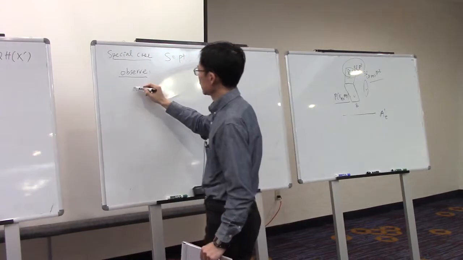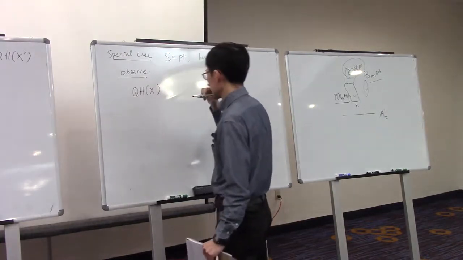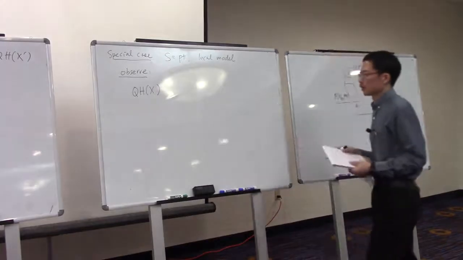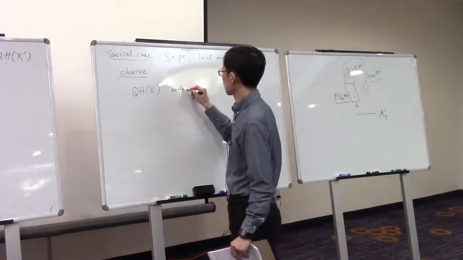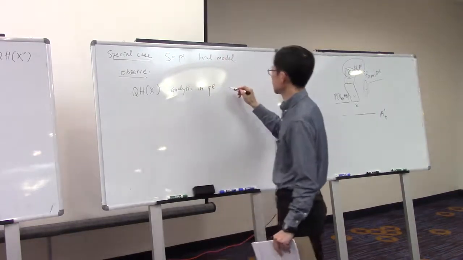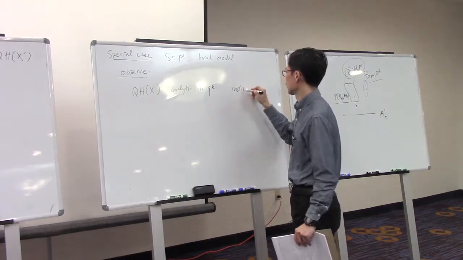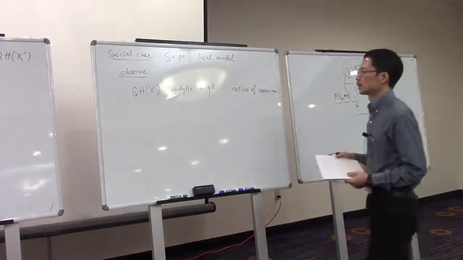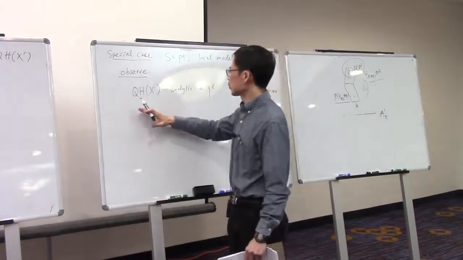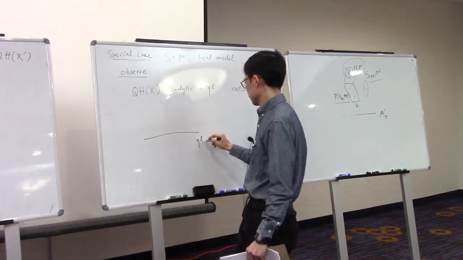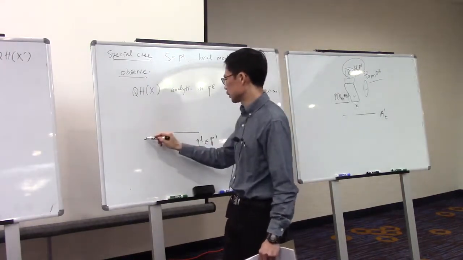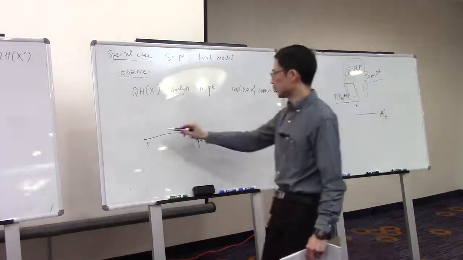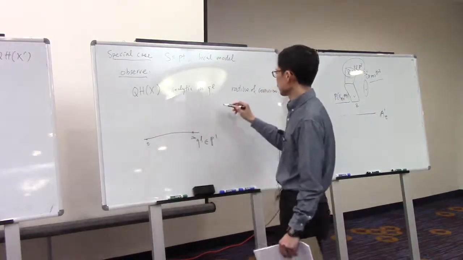So if you take the quantum cohomology of X, as I said, in the flop case, the quantum cohomology is analytic, but the radius of convergence is only 1. But in this case, quantum cohomology is analytic in q_L, and with radius of convergence actually infinity. So it's a global analytic function, but then you start to think about this q_L as in P^1, as we did. So if you expand at 0, you get this. But what if you push to infinity? And when you push to infinity, what happens with this is, when you take